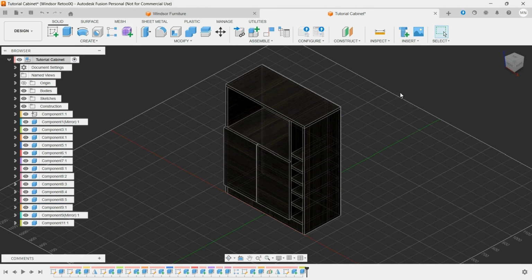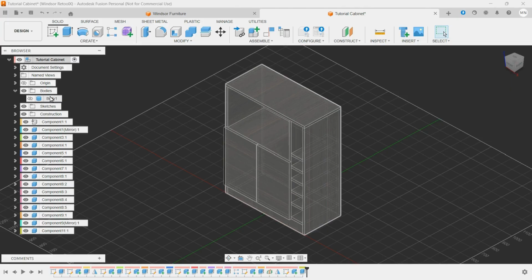But we're going to figure out a way how to automate the sizes of our components so that we can create a working bill of materials that we can nest on a board that we're going to buy in the hardware store. So I can show now the transparent body that we created at the beginning, and we can see